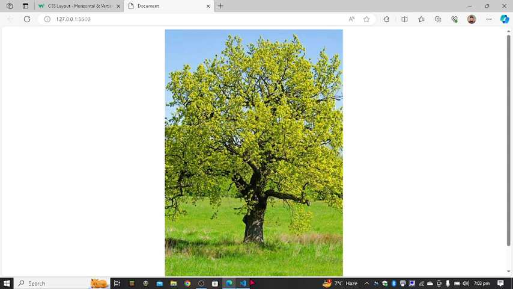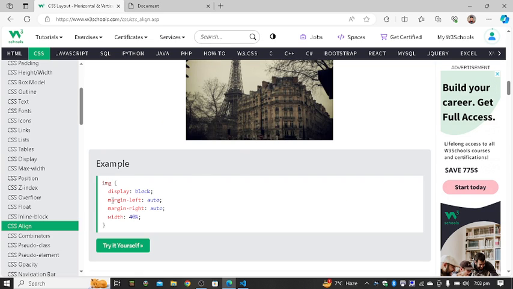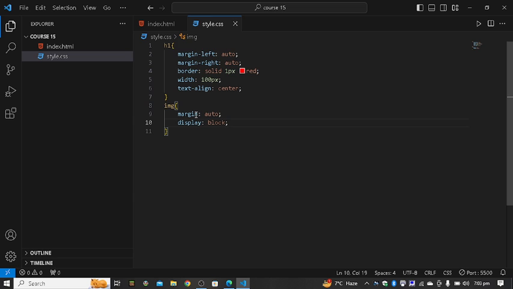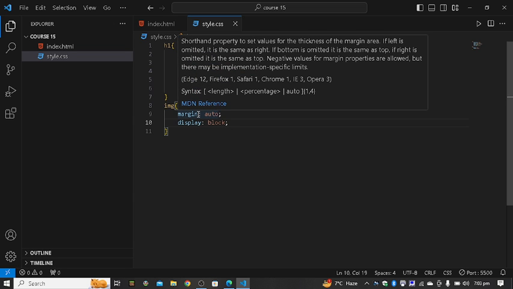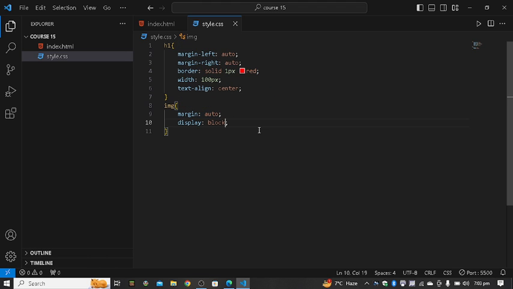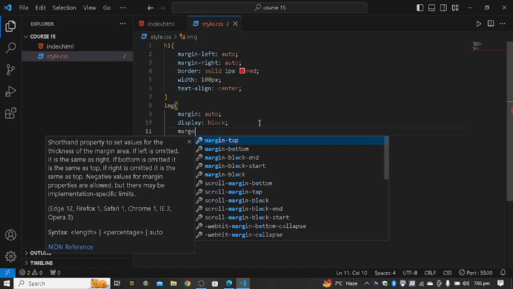Here, as you can see, they have written margin left auto and margin right auto, but I have just written margin auto, meaning margin auto from left and right and top and bottom, from all sides it should be auto. So if you just write margin, it will carry all of these, meaning top, bottom and the rest. If I write margin